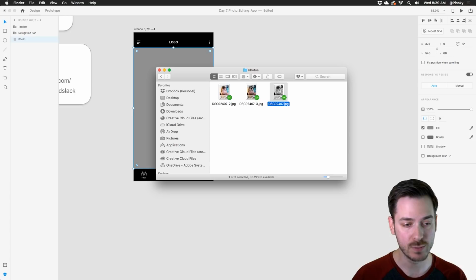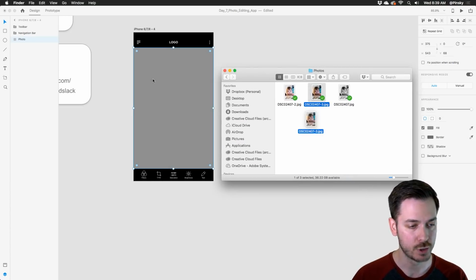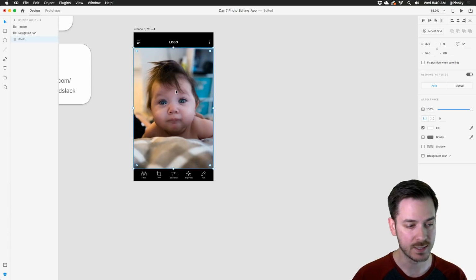And I have a few different photos that we're gonna be using throughout this project. So I'm gonna grab this one here, drag this directly into Adobe XD, and it's going to automatically mask it. And that's really why I love using masks or rectangles or shapes when adding photos, because if I didn't do